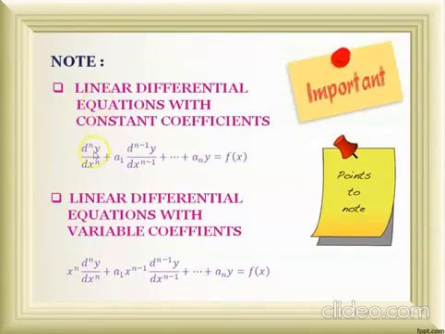So first of all, what is the difference between constant and variable coefficient equations? A linear differential equation with constant coefficients means each and every derivative term contains only constant coefficients. Look at this. Here, the nth derivative has x power n, the nth order variable coefficient, and here also x power n minus 1, where n minus 1 is the derivative order. Likewise, when we have variable coefficients, this comes under linear differential equations with variable coefficients. These things we must know.